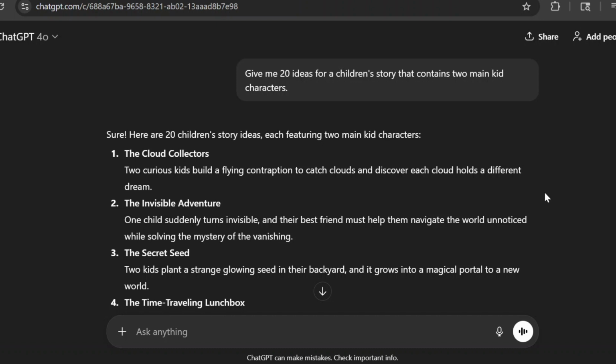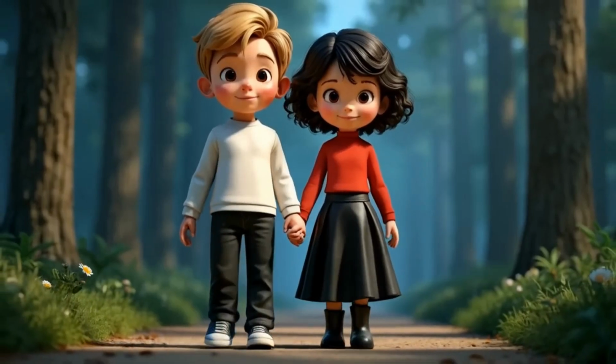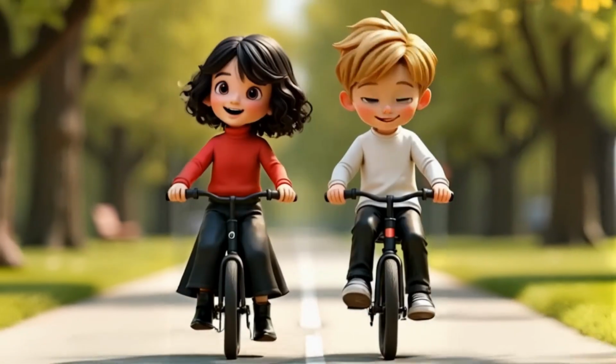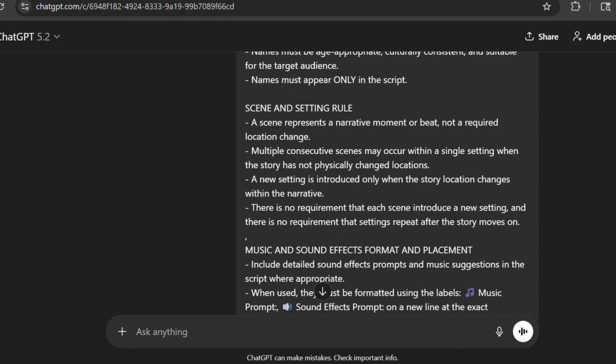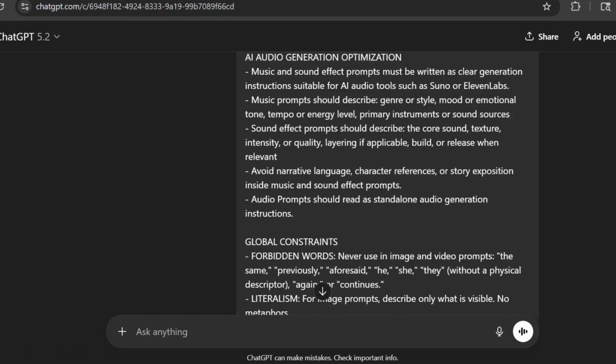First, I asked ChatGPT to generate 20 children's story ideas featuring 2 main kid characters. Consistency is critical in children's content, so once I picked a story I liked, I fed a custom prompt into ChatGPT. This prompt essentially tells ChatGPT to act as a story architect and generate a complete story package based on